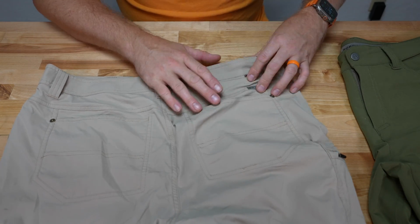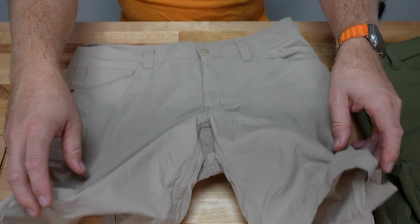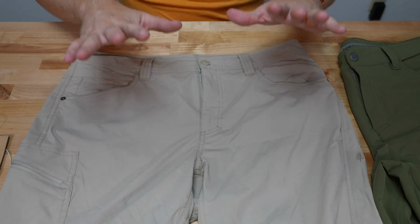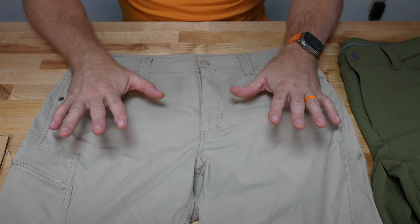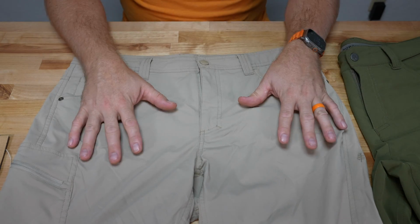So there is that. So that is the Active Traveler Stretch Pant. Goes for about 80 bucks, I think, is the retail on it. And I will put links to these guys in the